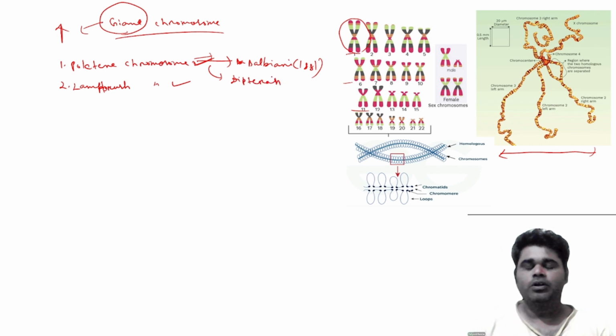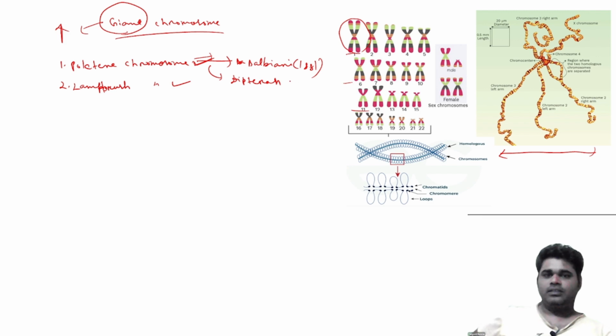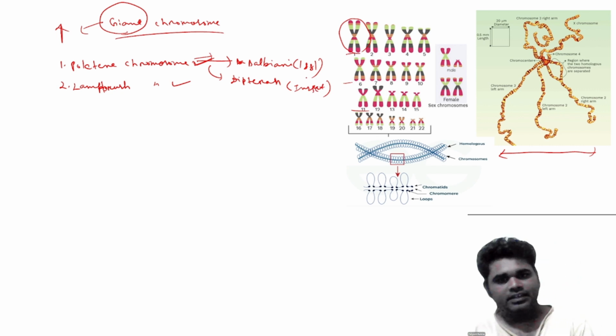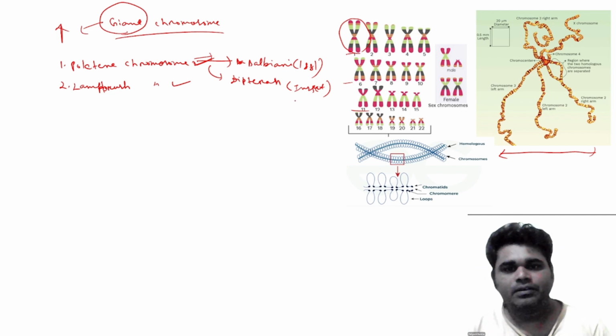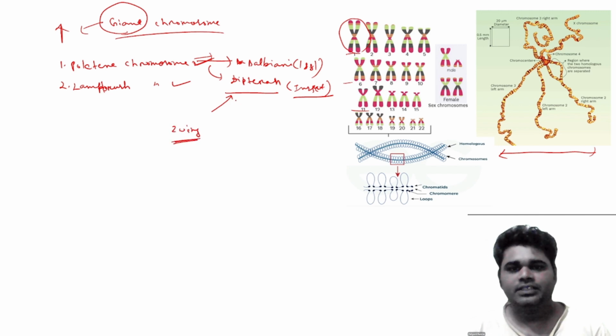देखिए आप बुक में बहुत सारा पढ़ रहे होंगे कि इंसेक्ट पर दिखाता है, वो पॉलीटीन क्रोमोसोम दिखता है। आप बोलेंगे कि बुक में तो लिखा है इंसेक्ट पर दिखाता है, आप बोले डायप्टेरियन, ये डायप्टेरियन कहाँ है और क्या है। देखिए इंसेक्ट का बहुत ऑर्डर है, एक ऑर्डर है डायप्टेरियन। डायप्टेरियन का ऑर्डर मतलब क्या हो गया, जिस इंसेक्ट में 2 विंग हो गया, इसको हम बोलेंगे डायप्टेरियन। फॉर एग्जाम्पल ड्रोसोफिला,